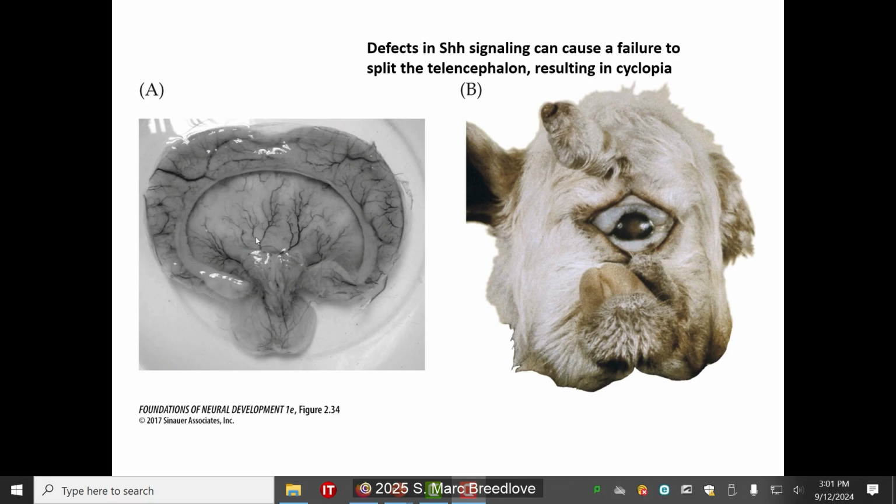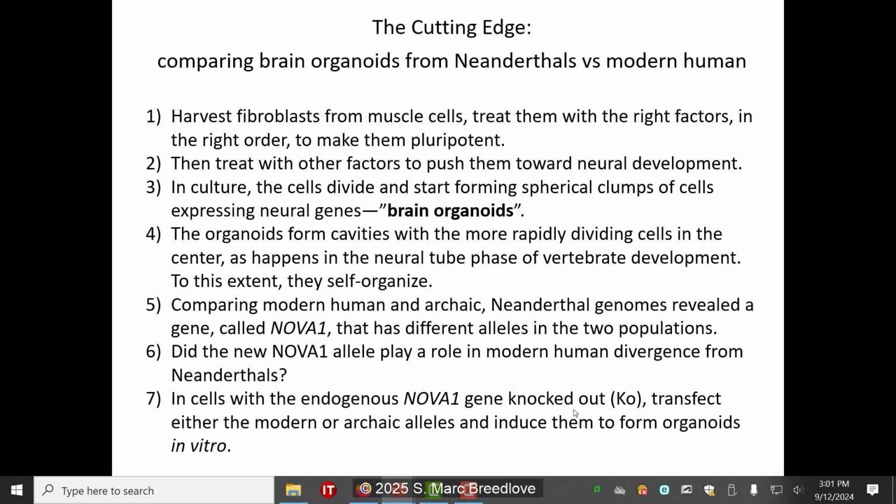So remember I told you that in the next edition of the book you're just a little too early to get. I end each chapter with some more cutting edge stuff instead of the basic things, and I don't want you to miss out on that. One of the new things that's really taken over developmental neurobiology is the use of organoids. Actually, it's in all biology, where people have found that they can get cells, typically, for example, fibroblasts from